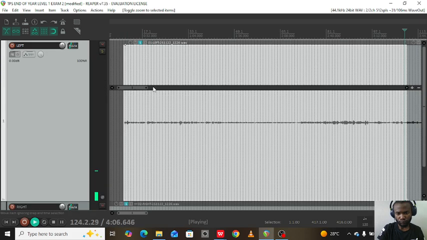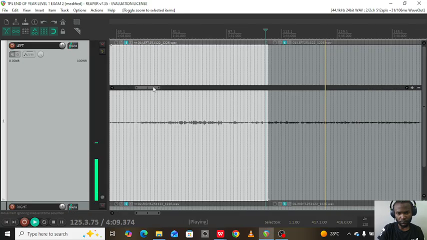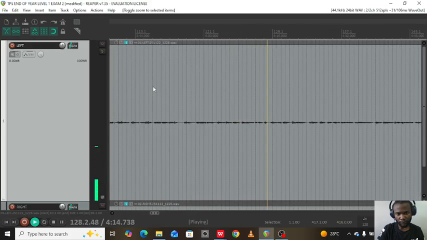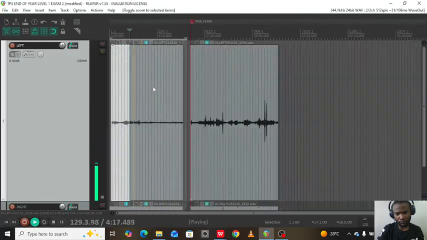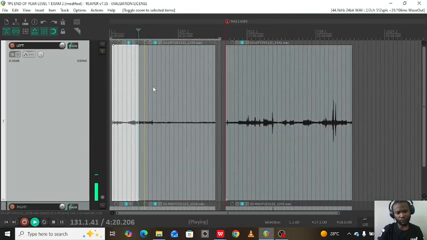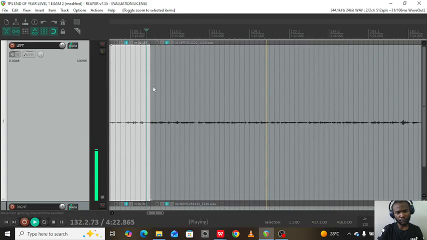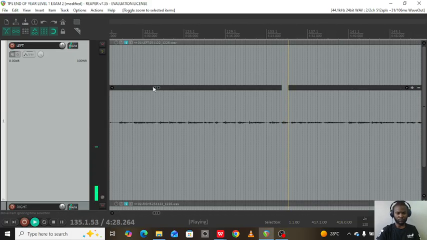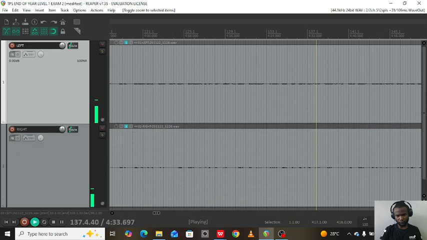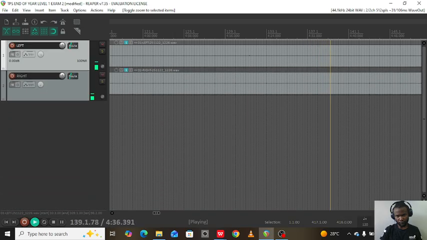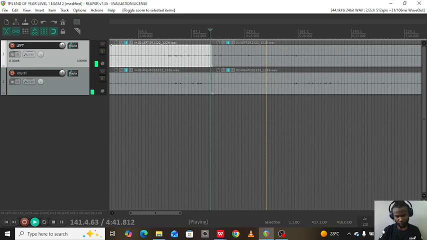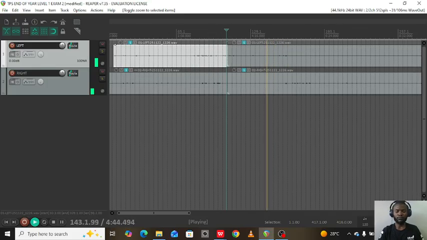IID stands for interaural intensity difference. That deals with the intensity of the sound, how loud or how soft. And the ITD deals with the interaural time difference. That deals with the difference in time. So both these cues working interchangeably help us localize sound, help us determine which direction the sound is coming from and how far. So as I move to my far left side and speak,